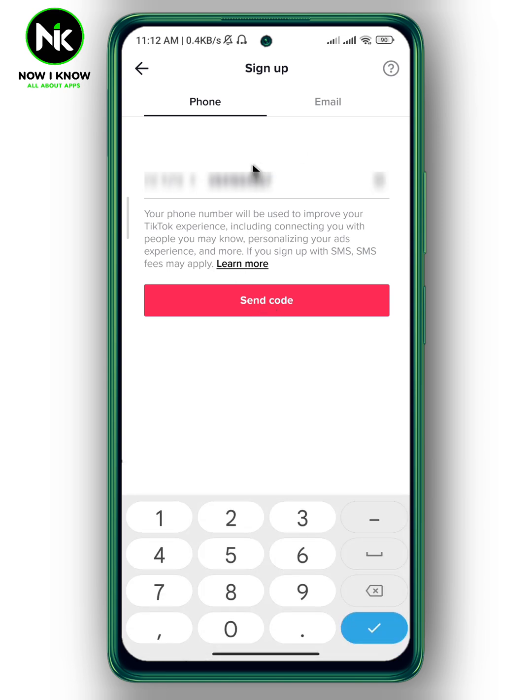So here, if you type down your phone number, then send code, and TikTok tells you the phone number is already used. Here, instead, you can sign up using email. So there's no need to use a phone number. You can also sign up using your email. So tap on email,